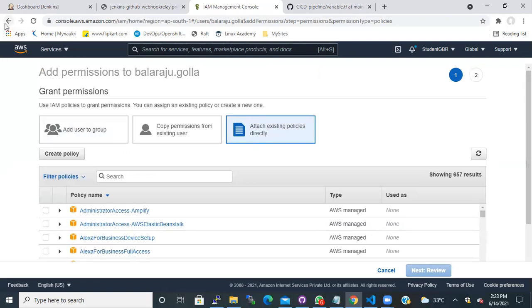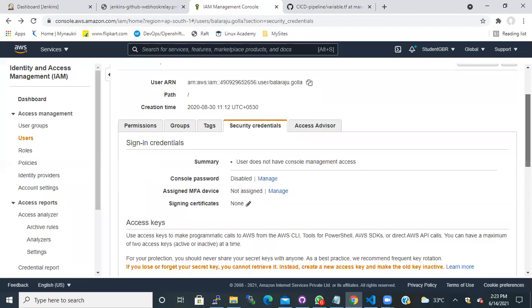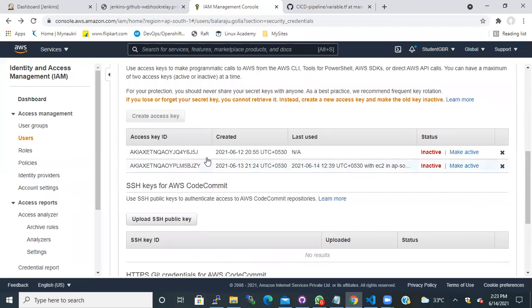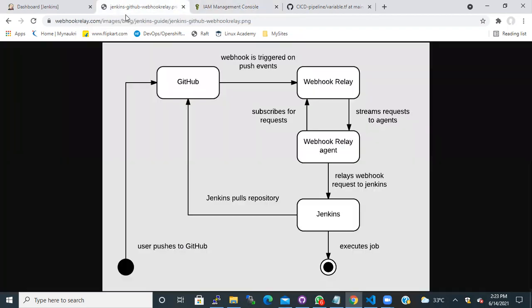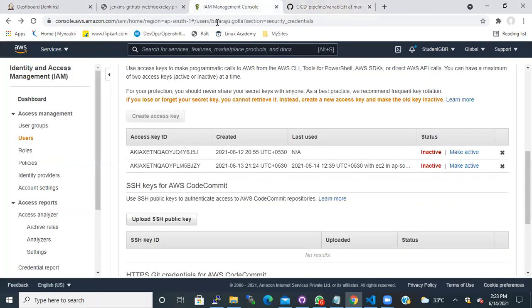And the next thing, if you come here, there is something called security credentials. In my case, I have already created them, but I made them inactive because the repository that I have created is public, and these credentials would be seen by all the people. So temporarily I have inactivated them because I'm not using them. What is the point of keeping them active? So I temporarily deactivated them. But for now, I'll just go and make them active.